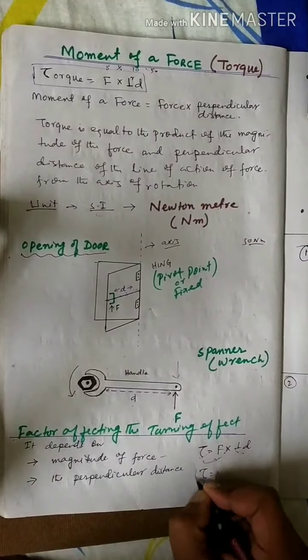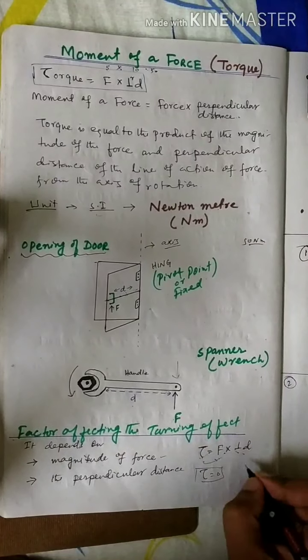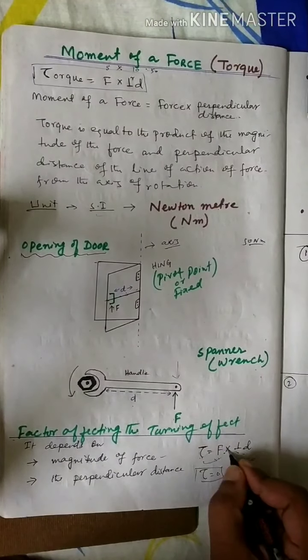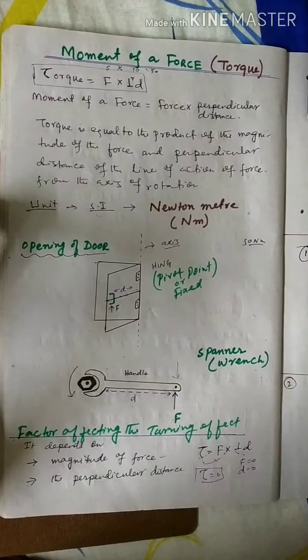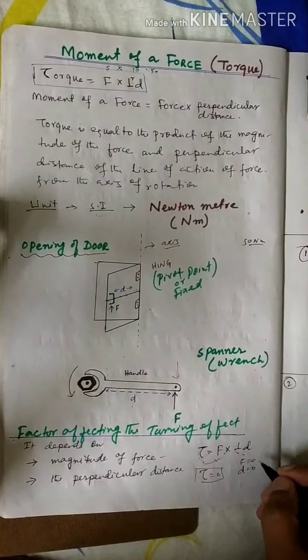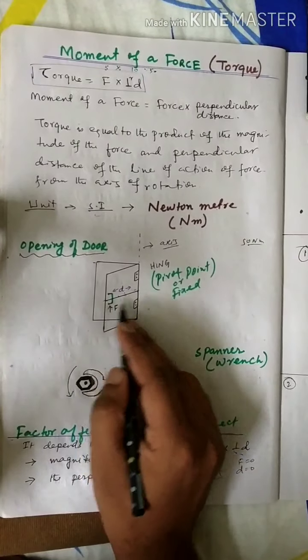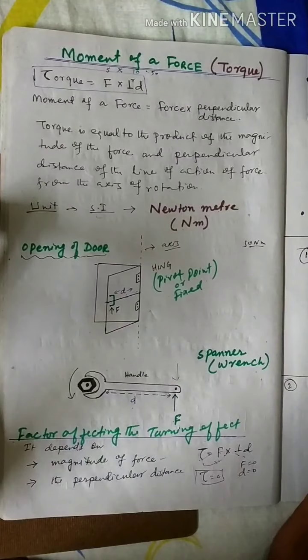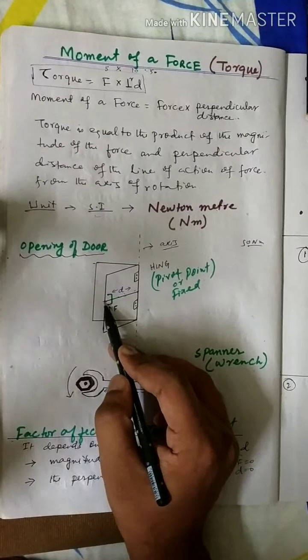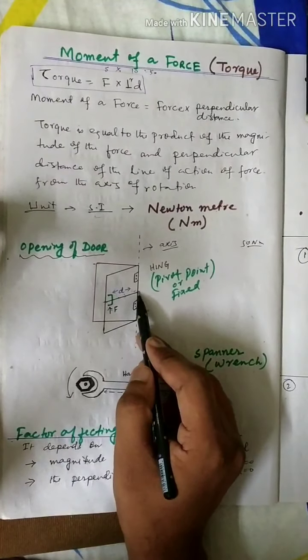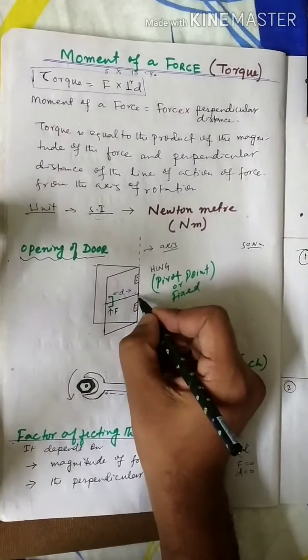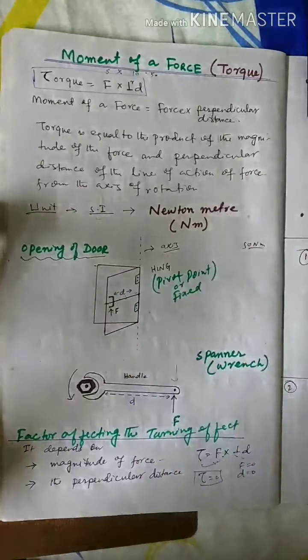Now, what are the conditions in which the moment of force, or torque, is zero? Simple: either force equal to 0, then we get 0 into D, which is 0, or distance equal to 0. If force is equal to 0, if we apply no force, then this body will not rotate. Or if the distance is 0, here, if you apply force here,